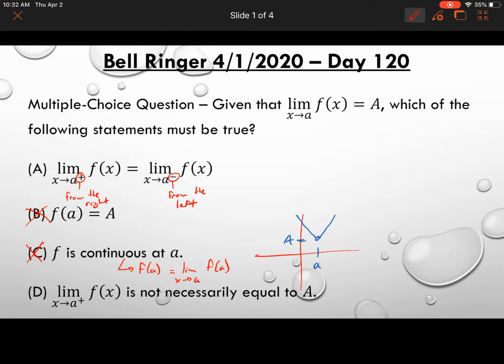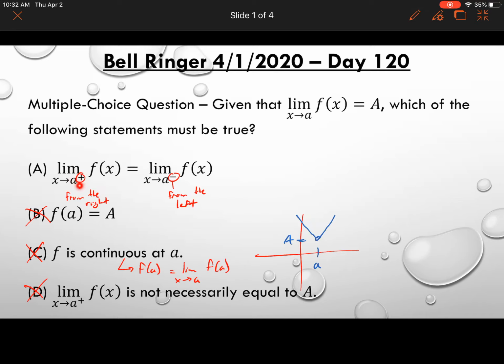So only one of these can be true. And it just so ends up that A has to be true. This goes back to one of the fundamental definitions of a limit. In order for a limit to exist, in order for it to equal a value, in this case capital A,